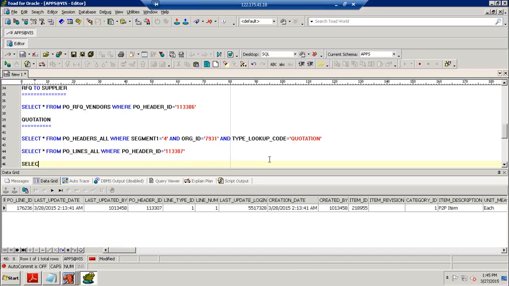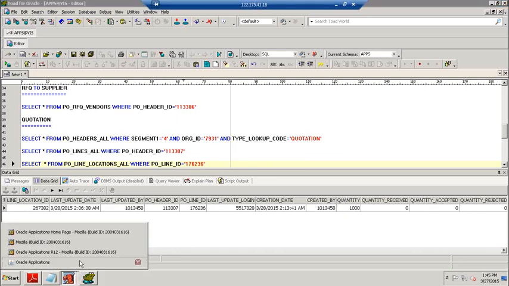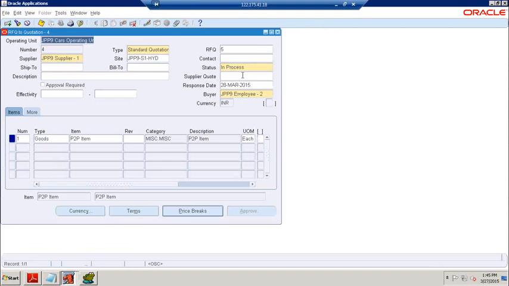Next we can go for select star from PO line locations all, where PO line ID equals 176236. Here, this is the quotation coming from the supplier, right?